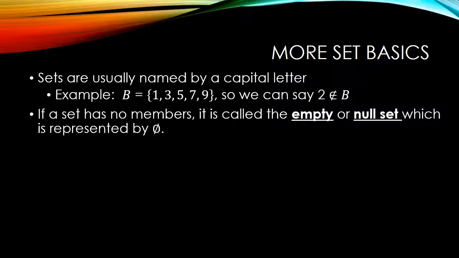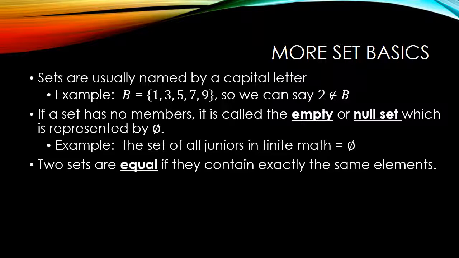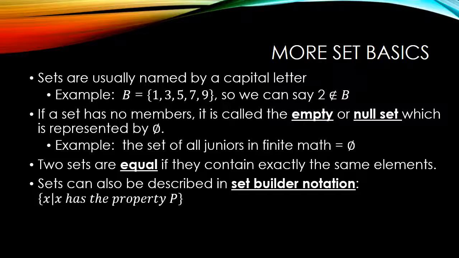If a set has no members, it is called the empty or the null set and is represented by a 0 with a slash through it. The empty or null set has absolutely no members in it, and you want to be careful. Don't designate it as a set with 0 in it, because that is not empty. It has 0. For example, the set of all juniors in finite math class, at least this year, would be the empty set. Two sets are equal if they contain the exact same elements,